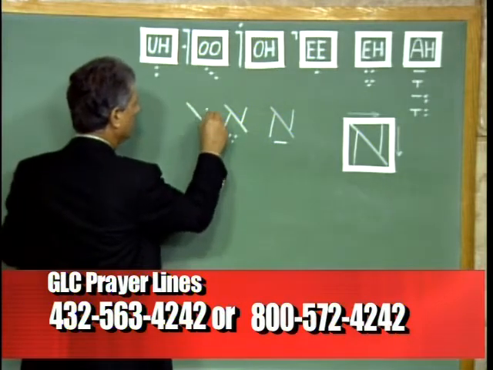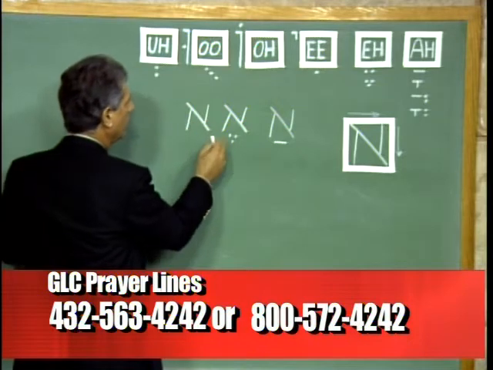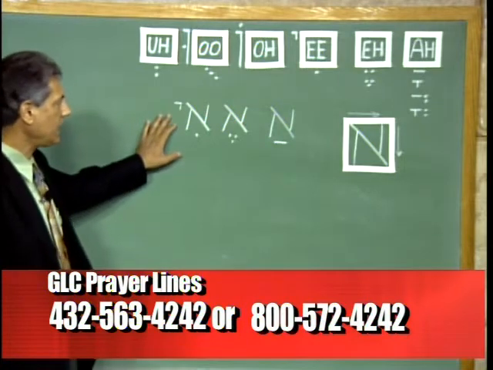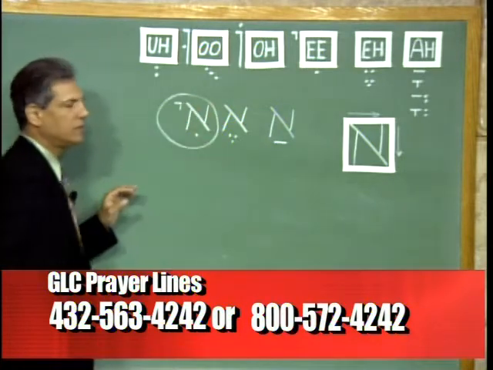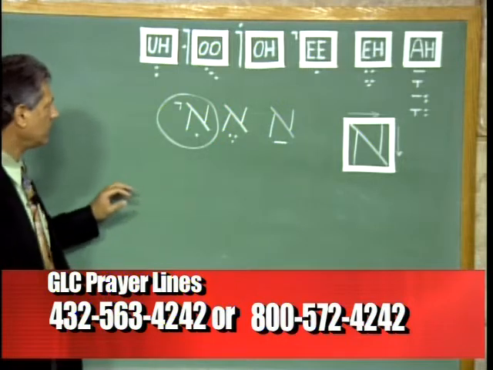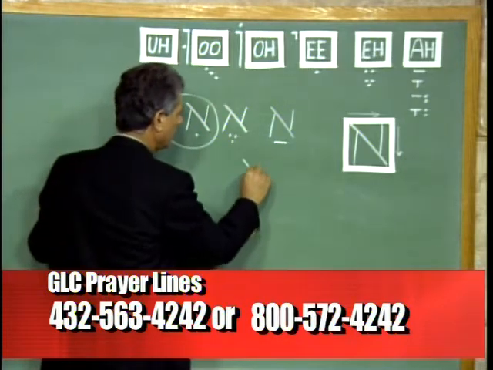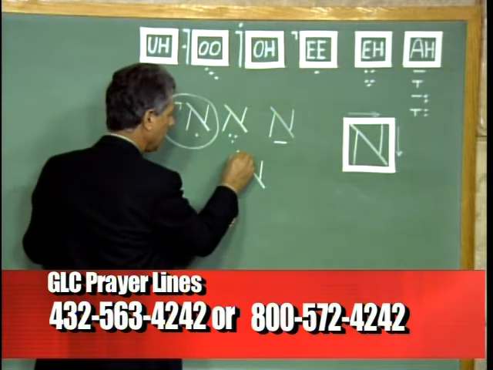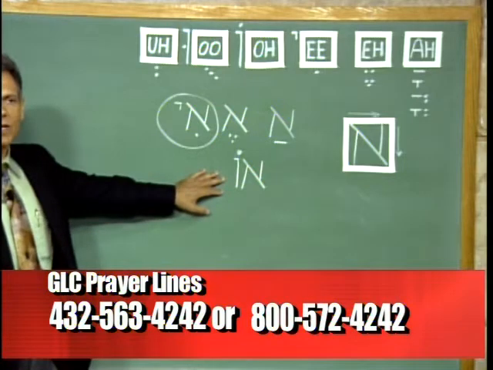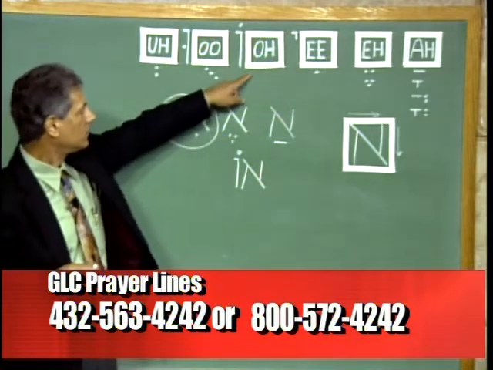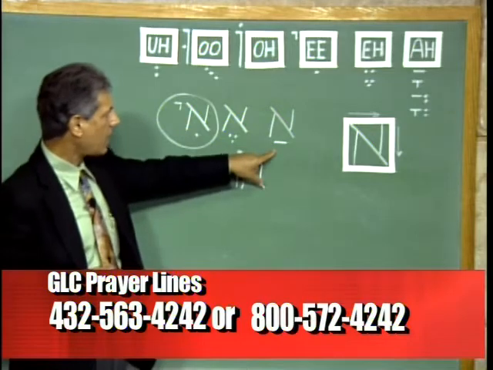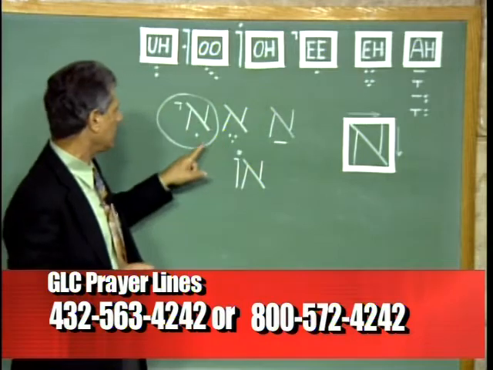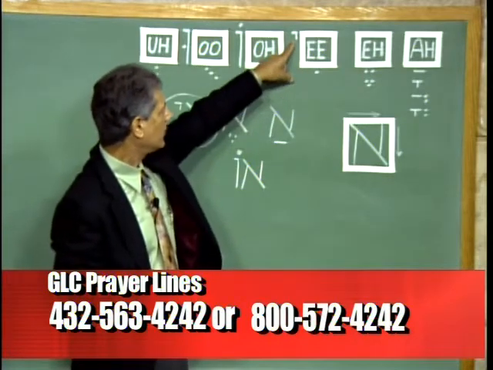Here's an Aleph with an E sound, maybe a Yud next to it. That will make it an E combination. That's an E sound. Here is an Aleph with a Vav next to it and a dot on top of them. That will be an O sound. So it's an A, E, O,